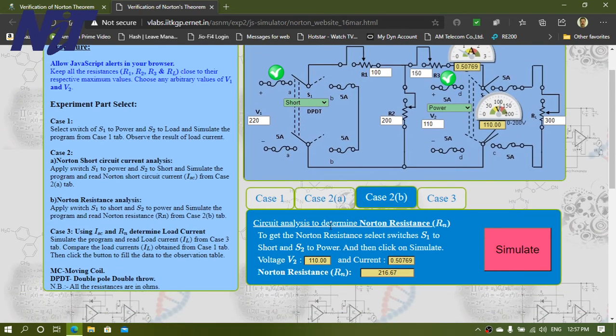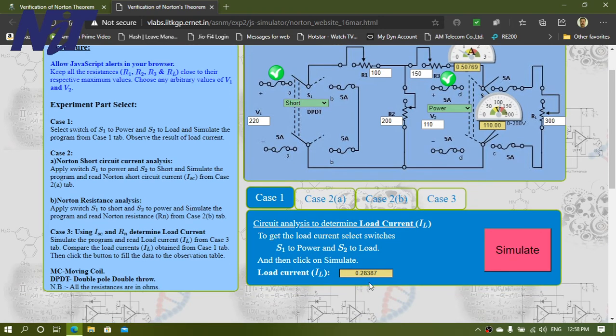Case 3 says that using the short circuit current ISC and RN, determine the load current, which should be the same as the load current when a conventional circuit is run.